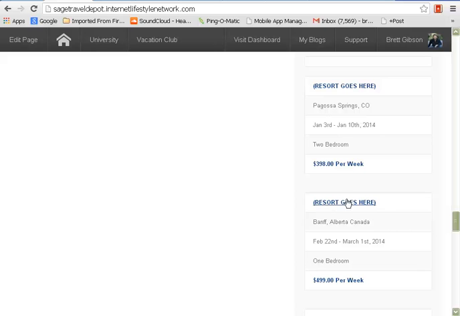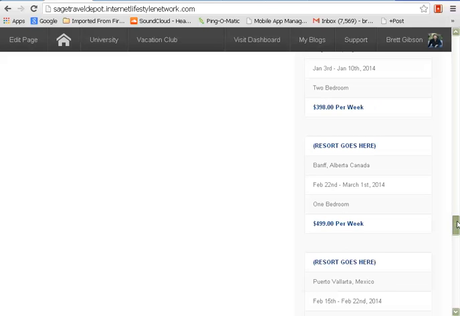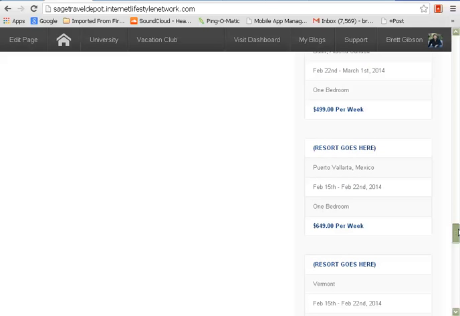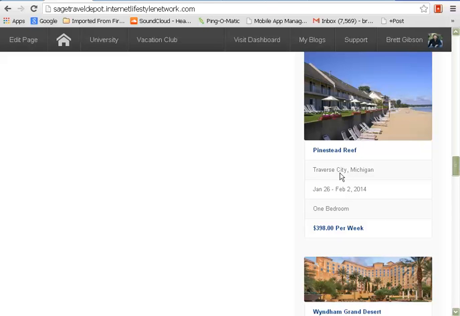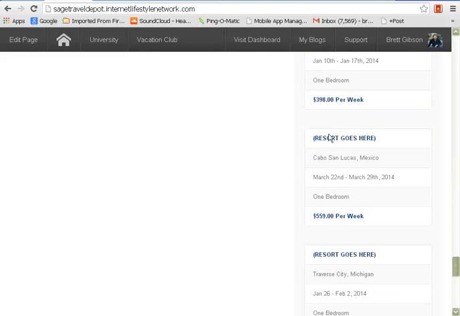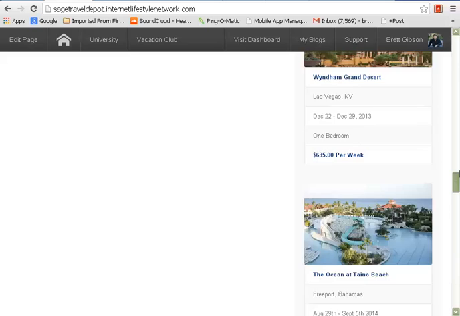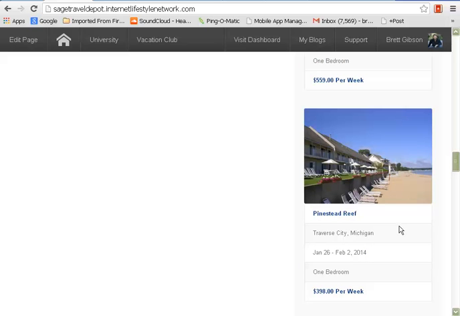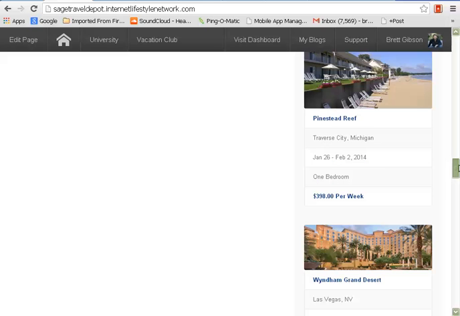And I indicated where the resort goes here. I just left all this other information in here because you guys can go through the code. I'll show you how to do that and input all the information. Whatever resort you want in here, that's where it goes. You make your changes in the code, and then it'll reflect whatever you're going to use. There's this option, and then there's this option with pictures. Take the extra little bit of time and make some pictures. If you're under constraint, I get it, but